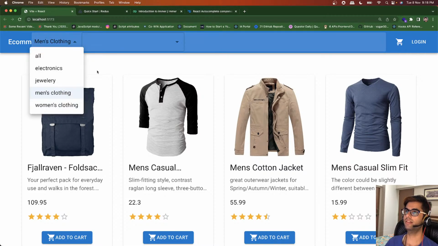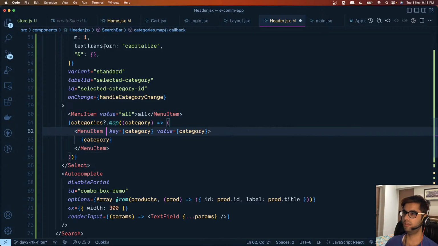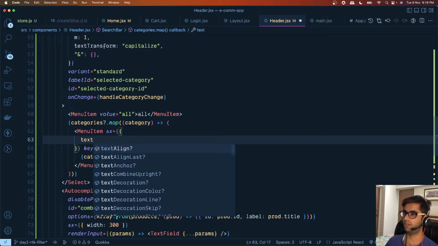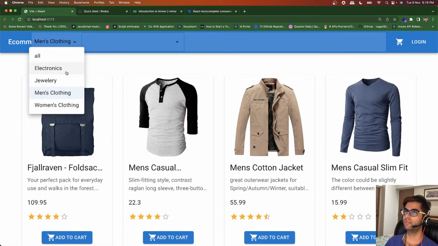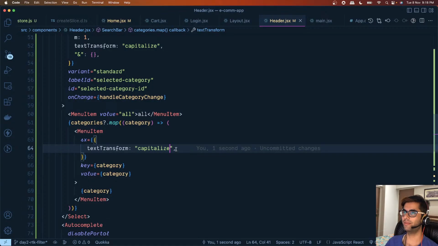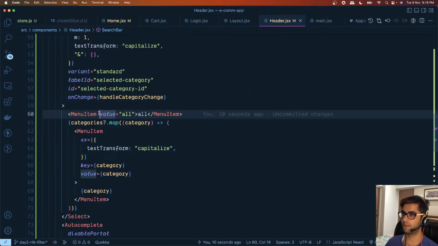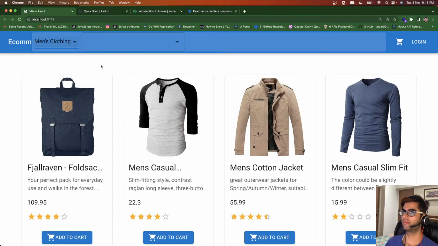Okay, so you can see that the selected category has been transformed, but this is not taking effect. So let's style this: text transform capitalize. Okay, so now all of these values are showing up capitalized, and we need to do that for this as well. The next thing that we want to do is